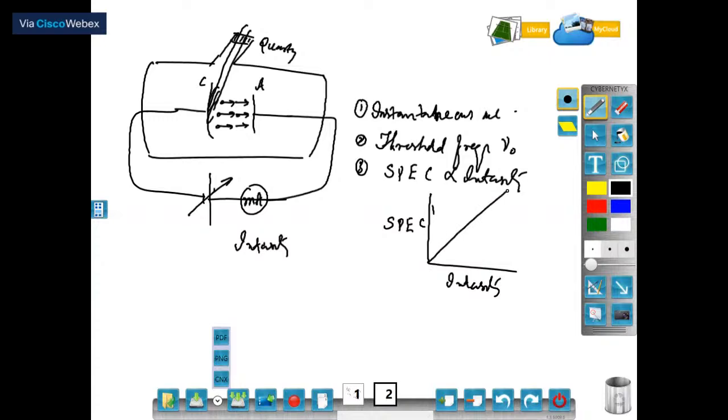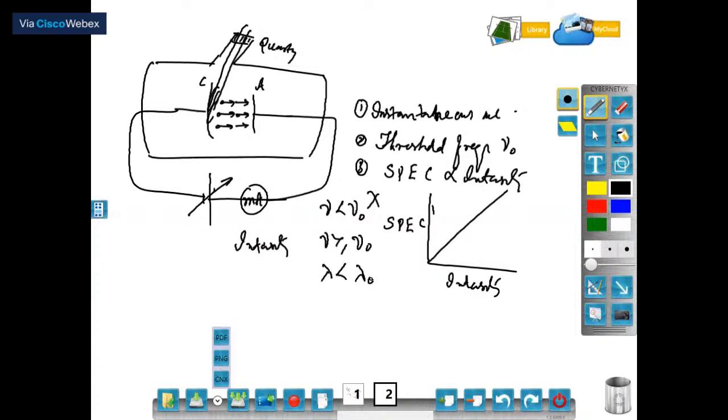Beyond the threshold frequency, all of you should remember, only for a particular frequency and onwards does the photoelectric effect occur. Below that frequency, that means when the frequency of the incident light is less than the threshold frequency, the photoelectric effect does not take place. Only if the frequency is greater than or equal to the threshold frequency does the photoelectric effect take place. In terms of the wavelength,